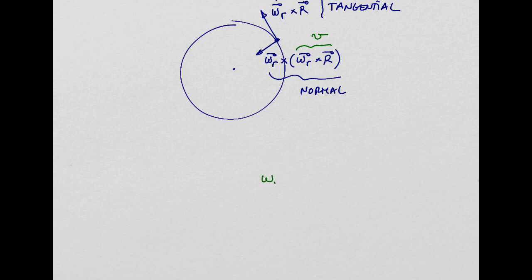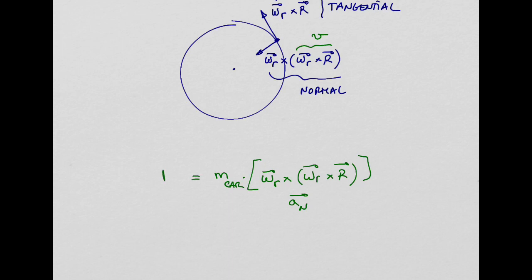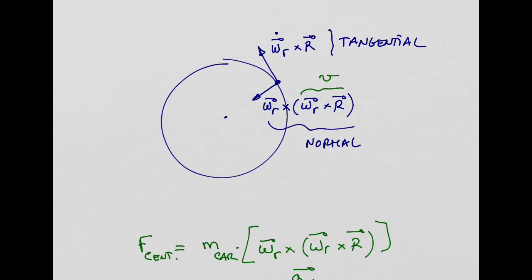So you have ω times ω times r. This is an acceleration, right? This is your a_N, normal acceleration. If you multiply this by the mass of your car, this is going to be equal to your centripetal force. Right? And now look at this. I think these things are interesting. So I'm diverging a bit, but